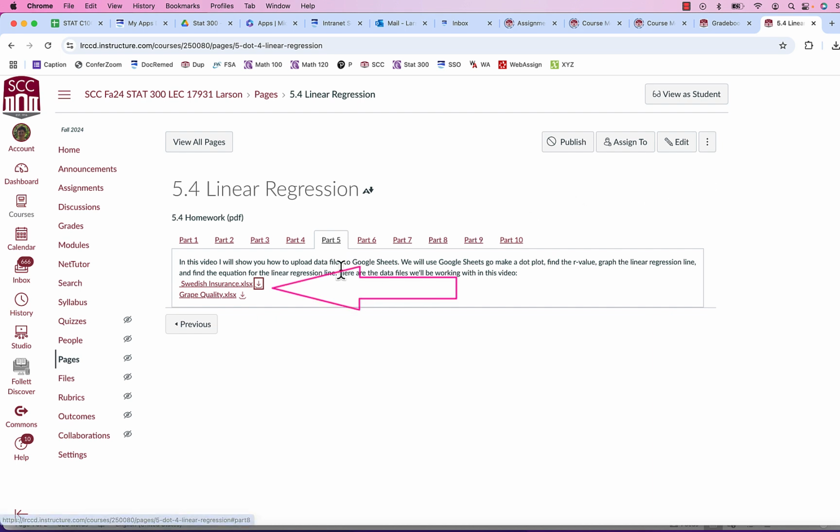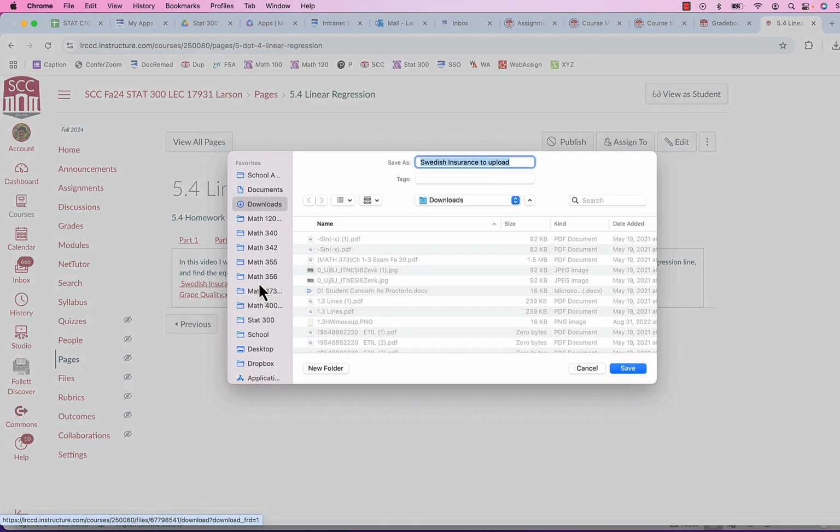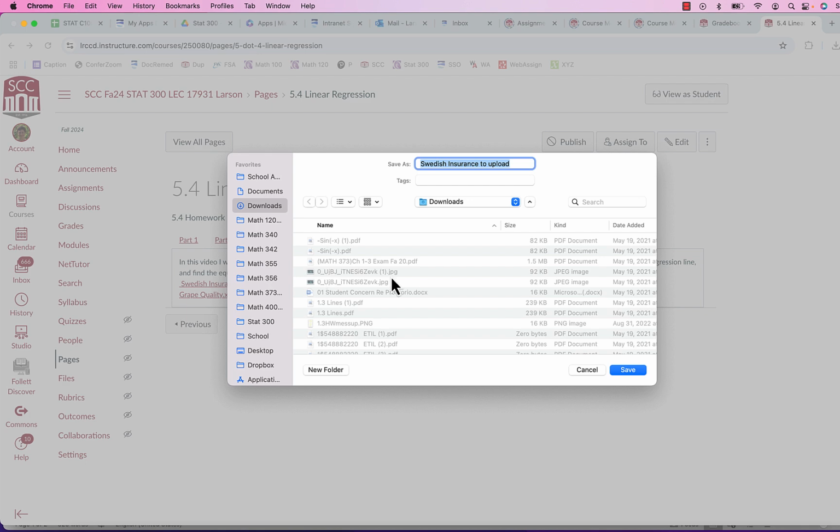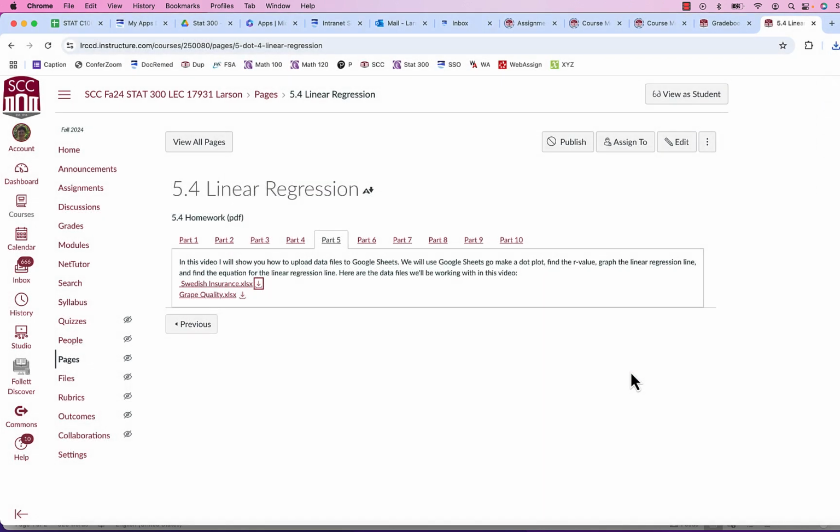Next to each one is a download arrow. You'll click the download arrow. Make sure you know where you're downloading it to, and you'll save it there. To get it into your Google Drive,